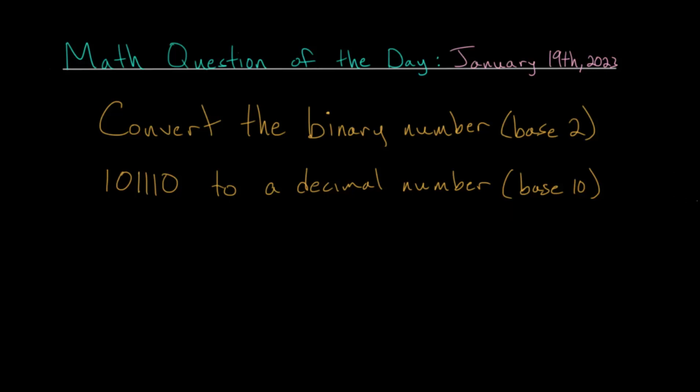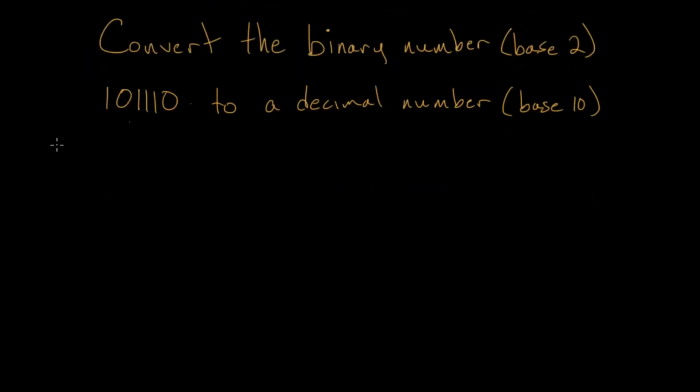So let's start going through this together, and let's start by just rewriting our number. We have this 101110, and we're told this is a base 2 number system. And before we get into the specifics of a base 2 number system, let's just think about what a base 10 number system represents. So let's say we have the number